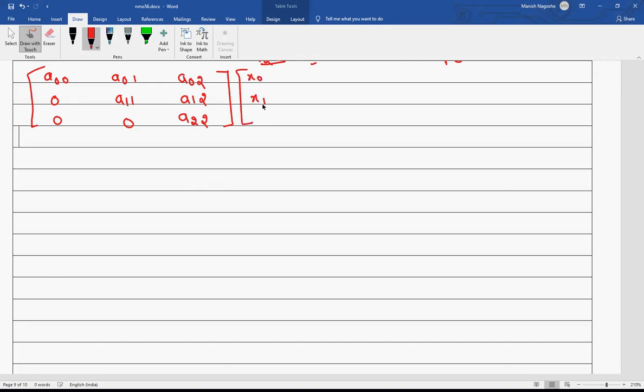Here I have x0, x1, x2 is equal to C0, C1, C2. So let's leave the last value as it is. We'll not bother about coding this. So I can say my x2 will be equal to C2 divided by A22. So this is correct. So I can call this equation number A. If you know the equation A, please type A.